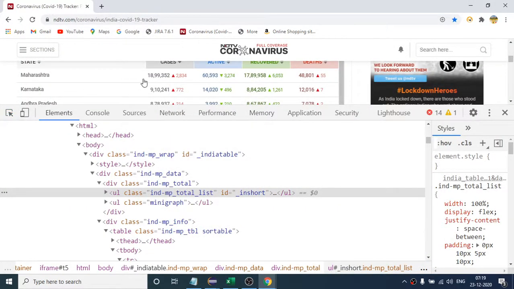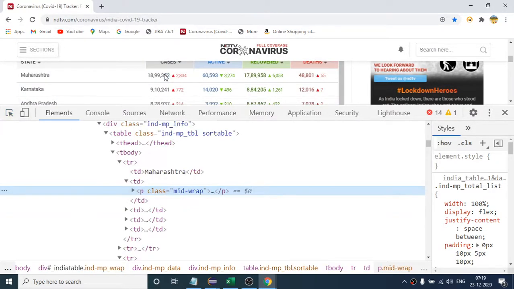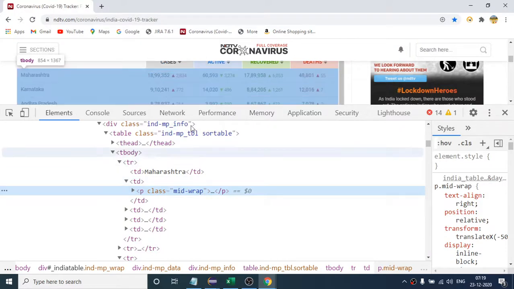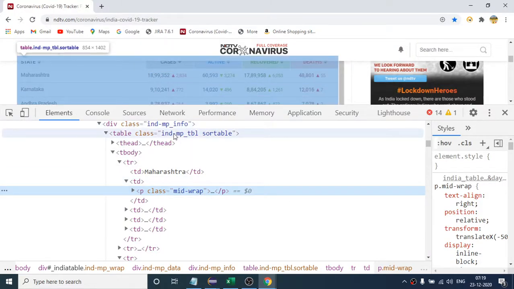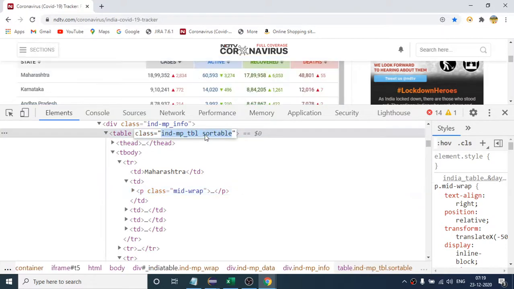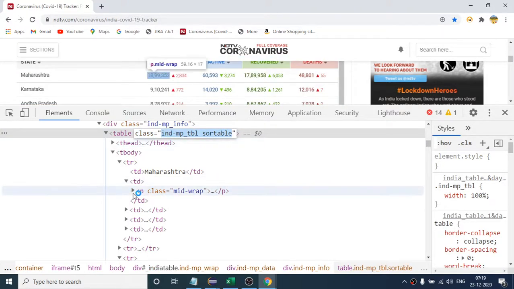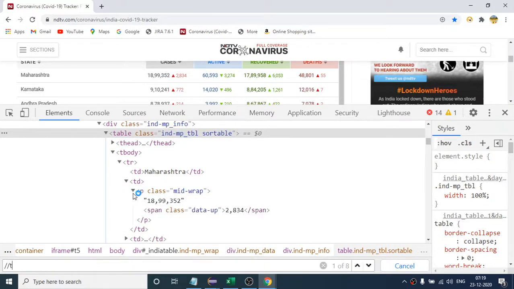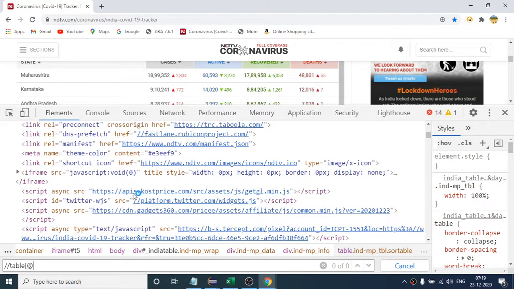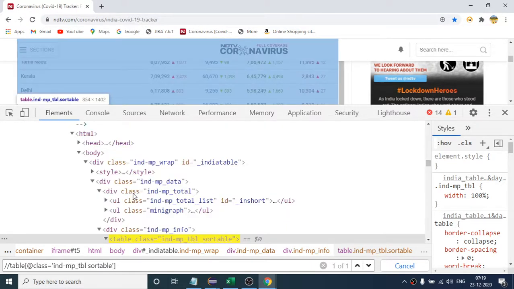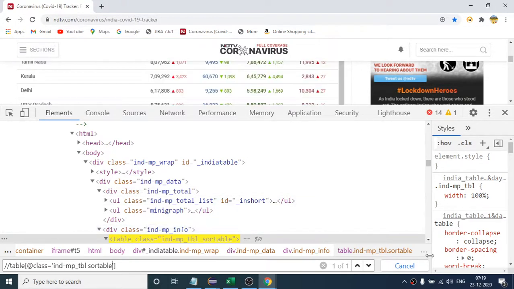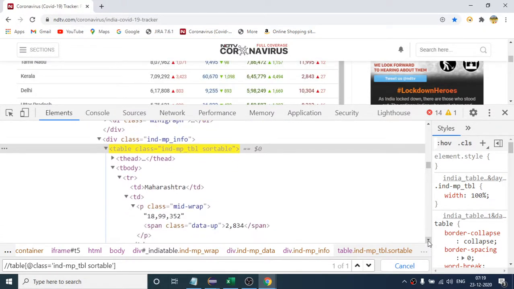So here if I go here, this is highlighting the entire table. So let me start from here. Let me write the first XPath of this line. How can we write it? table at the rate class equals to this. This is the XPath I have written for the entire table,